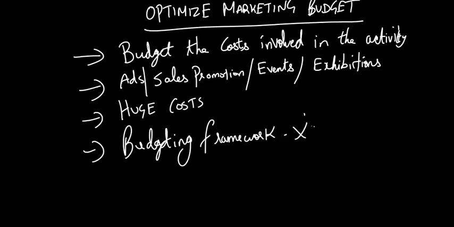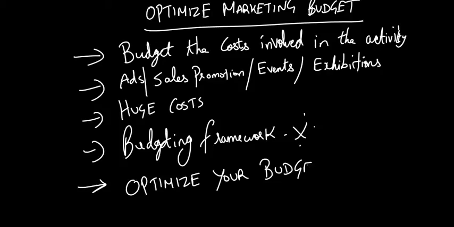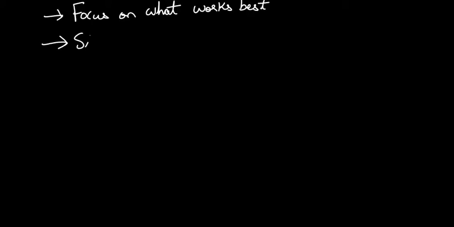For having this effective budgeting framework, you need to optimize your budget. What is this optimizing your budget? Basically, optimizing a digital marketing or a normal marketing budget involves 5 different steps. The first one is focus on what works best for your scenario. Focus on what works best and then stay in control of budget and targeting,